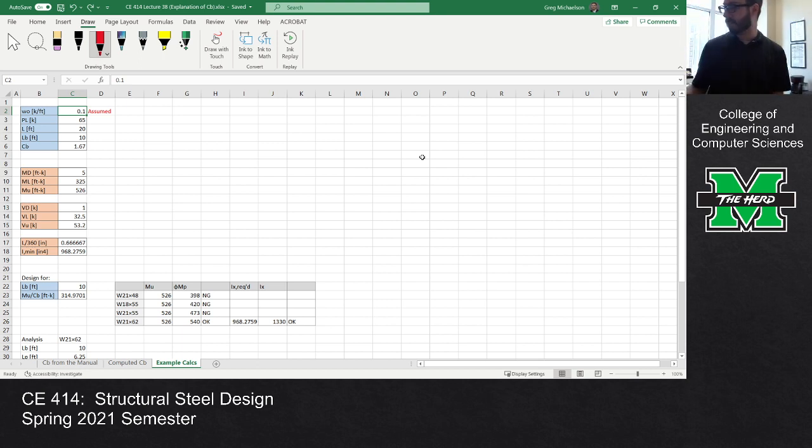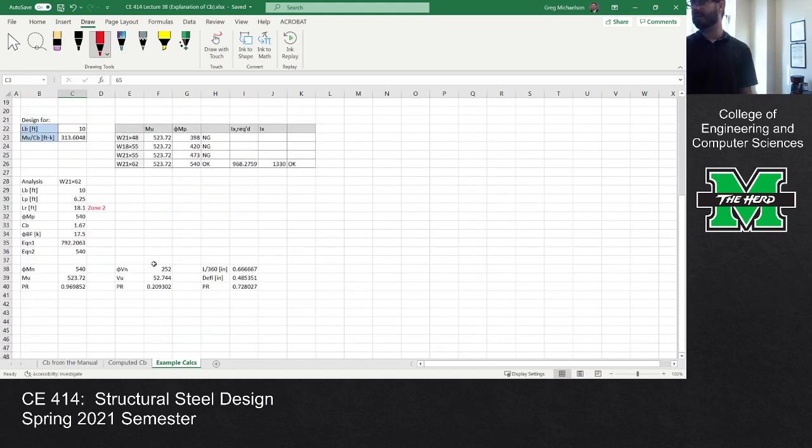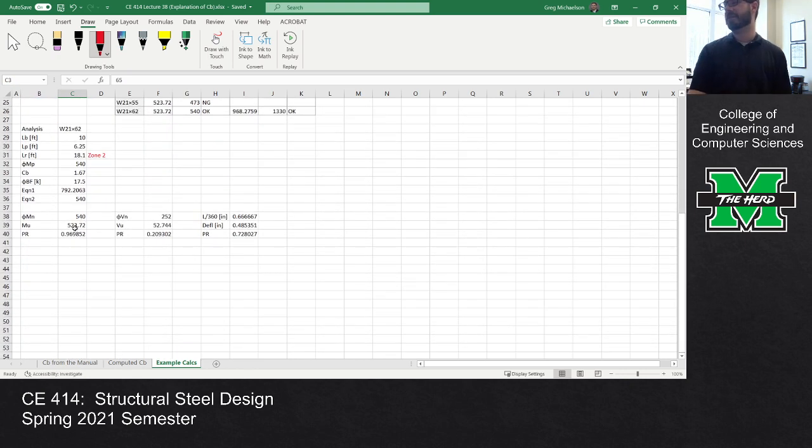But if you would like, what you can do is update that. And it's going to affect all of your computations moving forward, but not very much. So instead of a Mu, for example, of 526, the Mu is going to drop down just slightly because the dead load drops slightly. And so you can do that in Excel if you'd like. You see it doesn't really affect anything all that much. But if the beam is heavier than what you assumed, then you really do need to do this because it's possible that it doesn't work. Okay,